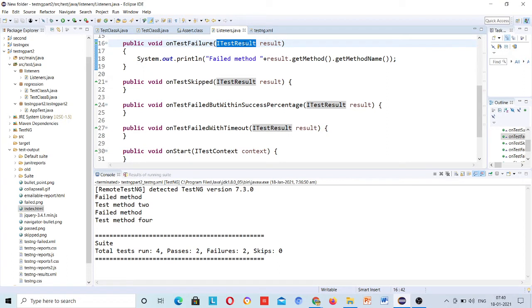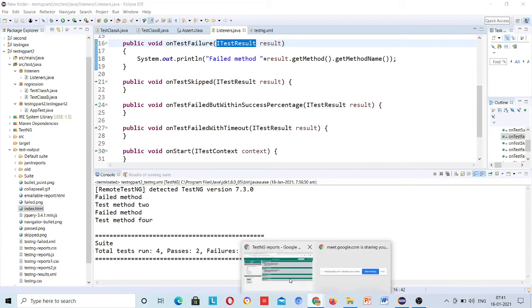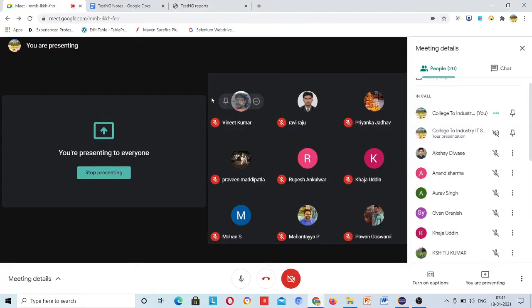Anybody can tell me? Is this a class or an interface? I have not shown this, but I can answer this. I want your answer. Is this a class or a method, or an interface, or an abstract class? What is this? Anybody want to answer? It's a simple answer, if you know this. Interface. Okay, Pawan said interface. Anybody else want to answer?